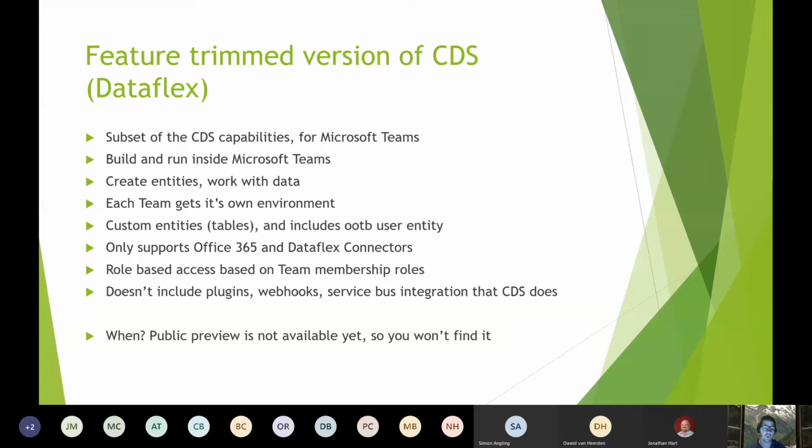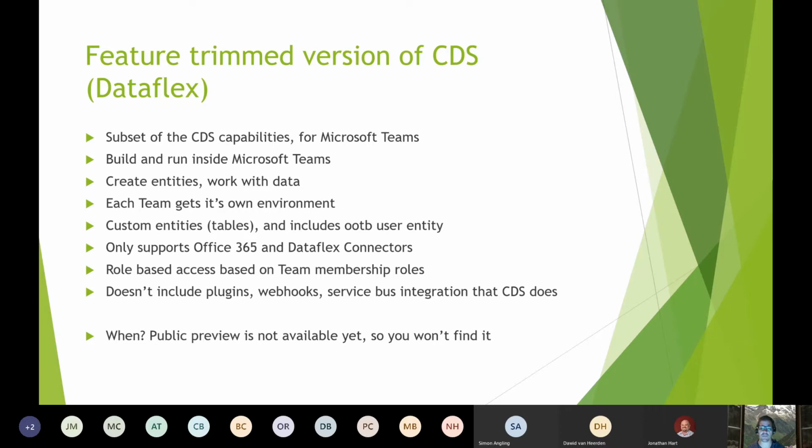And when you build that Power App, the authoring environment is actually inside of Teams. So I go into a team and I can actually build an app, and the authoring environment is Power Apps. And that Power App that I build can now connect to this new CDS Lite, as well as Office 365 connectors if I've got an Office 365 license. So I still won't get the premium connectors in an app that I build inside of Teams, but I will now be able to connect to the CDS Lite, or let's call it DataFlex, as well as the traditional Office 365 connectors, and I guess the standard connectors as well.